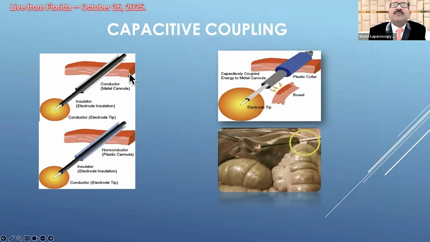electrosurgery is called capacitive coupling. Capacitive coupling happens if you have an inside metal and outside plastic. If both are metal, it is good. If both are plastic, it is good. But if you have an inside metal, outside plastic reducer or plastic cannula, then it is not good, because your